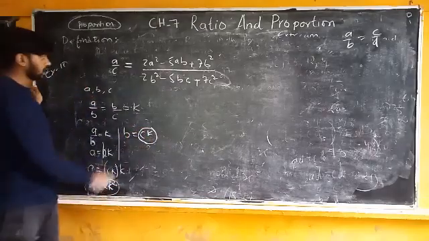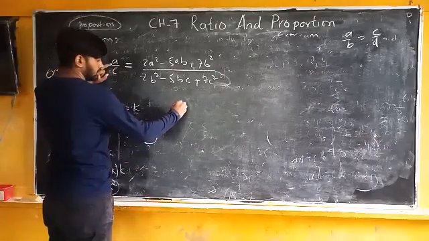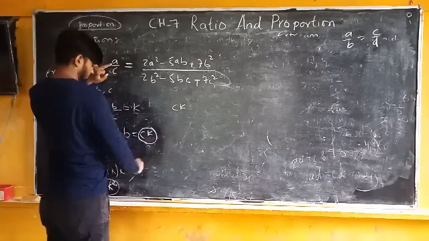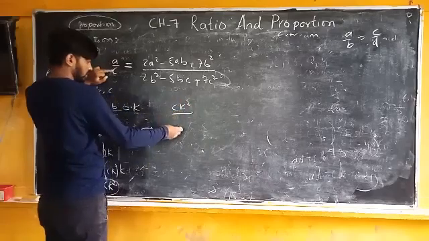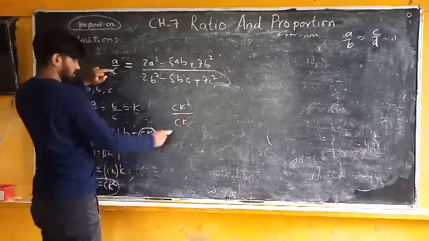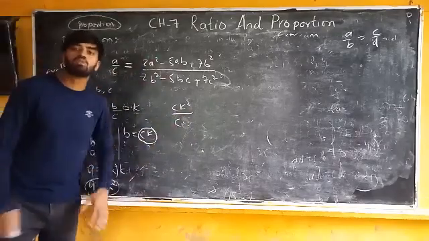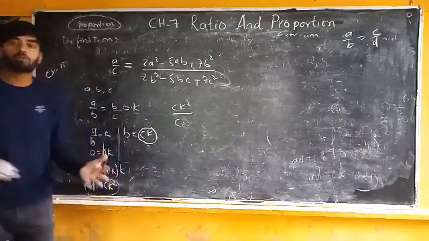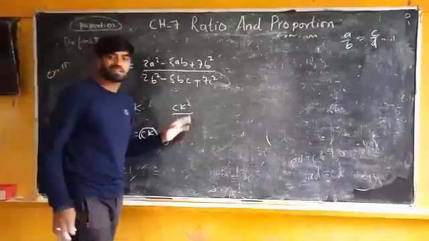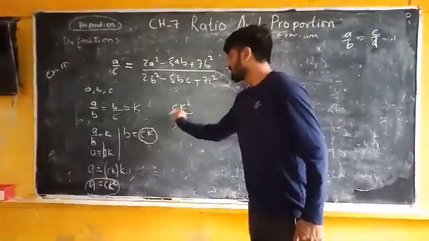ध्यान से देखना, अपने सब में वैल्यू डाल दूंगा. किसकी? A की वैल्यू क्या है? CK square. प्लस C की वैल्यू कितनी है आपके पास? C. C की वैल्यू C है. C की चेंज नहीं करनी क्योंकि मैं सबको क्या करना चाह रहा हूँ? C में कन्वर्ट करना चाह रहा हूँ. A और B कहीं नहीं आनी चाहिए, सब जगह C या K, C या K ऐसे ही आना चाहिए. ठीक है? तो जब आप ऐसे C और C कैंसिल करोगे तो क्या बचा?